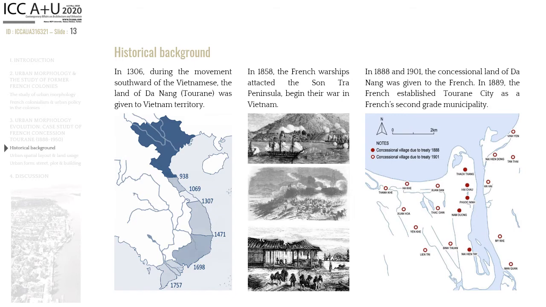From this concession territory, the first French urban planner applied the pattern of a European city, following the Greek plan, gradually installing urban infrastructure, organizing the functional areas, and building colonial construction to serve their long-term plan here.